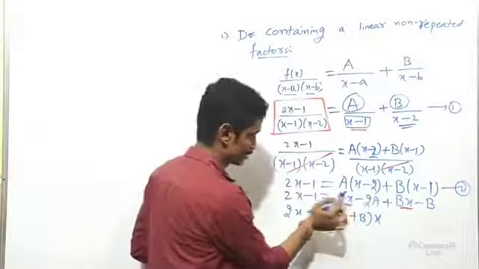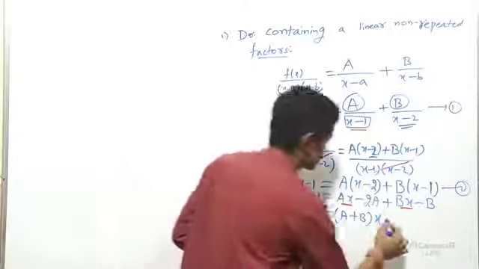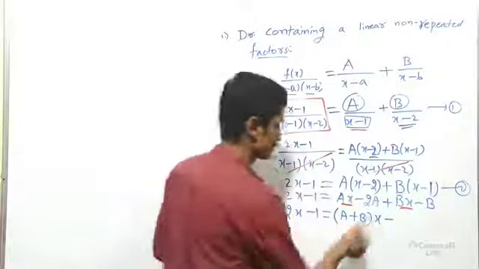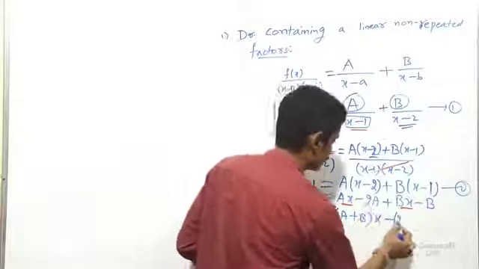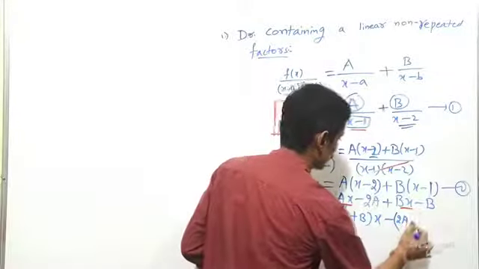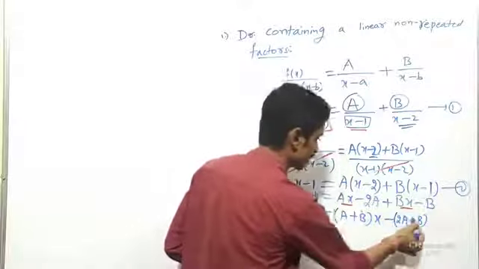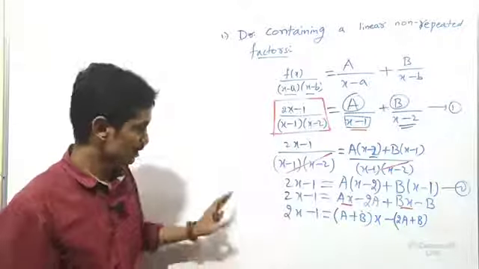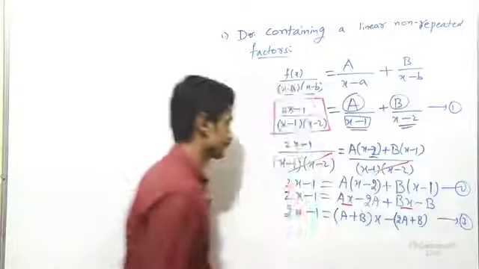Then I take x common, remaining a, and here b. Next, plus or minus sign, you can take anything of your wish. Simply, I take the minus sign common. What remains is 2a, and here it is minus b, but since I already took the minus sign outside, it will be a plus b. So up to this approach we need. This is called equation number 3.